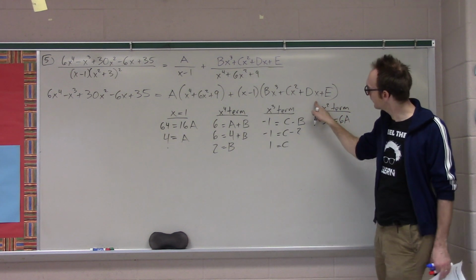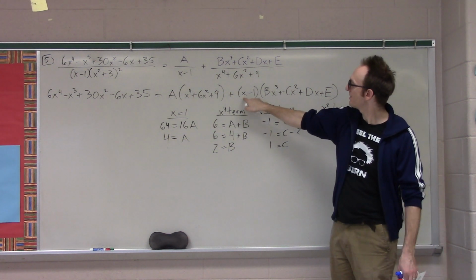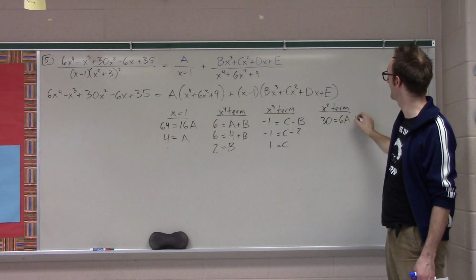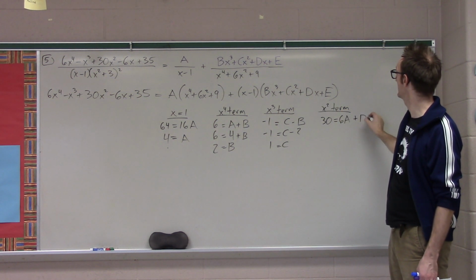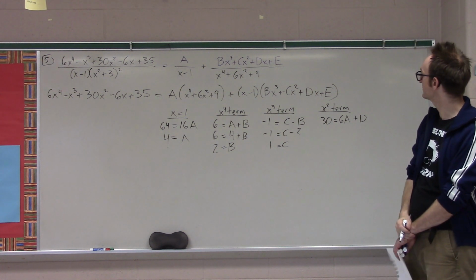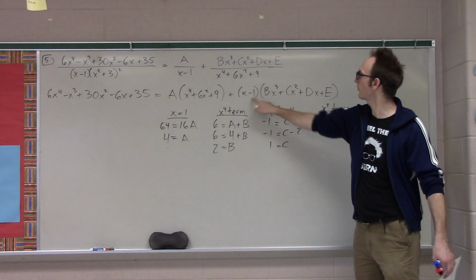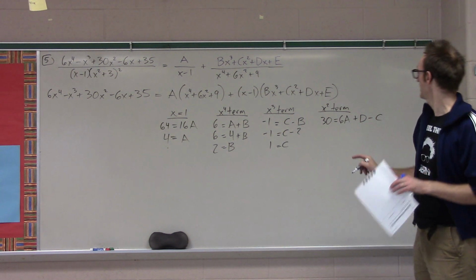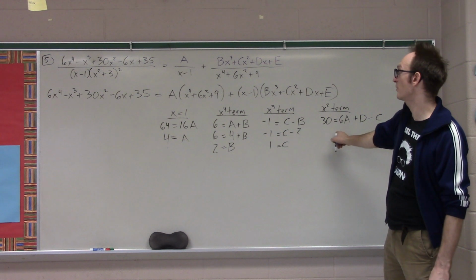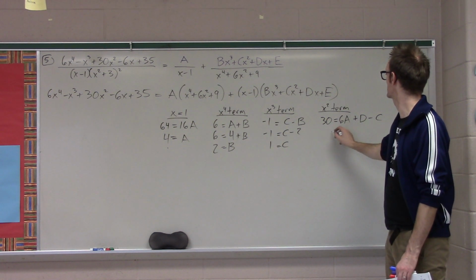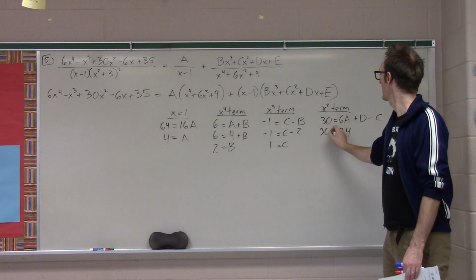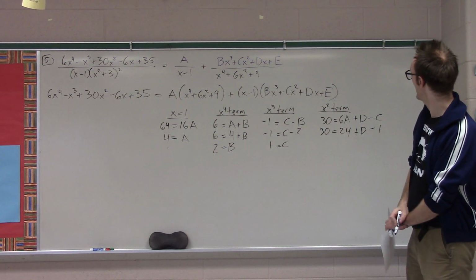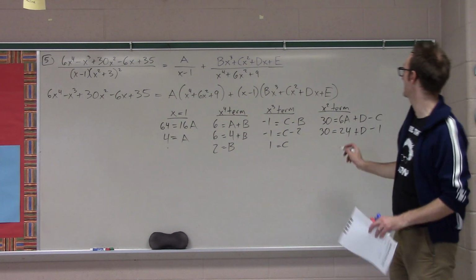And then what am I going to get as a quadratic term here? 2 times. When I multiply x by d, that's plus d. And the other time I get an x squared term is when I multiply -1 by cx squared, so minus c. And I already know that a is 4, so that's 24. D is the one I don't know yet, but c is 1, so that's 6 and 7, so d is